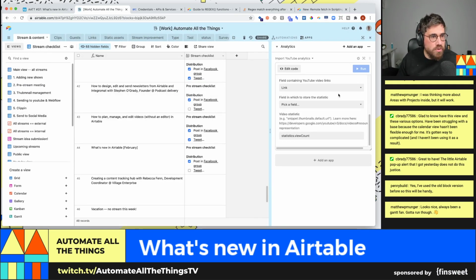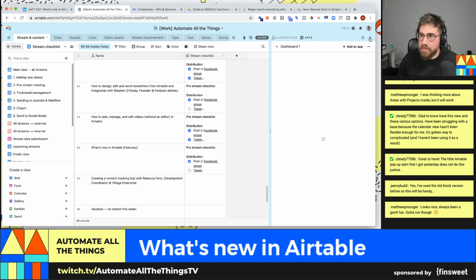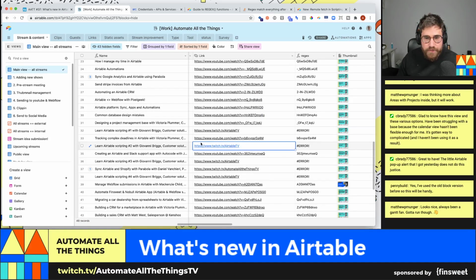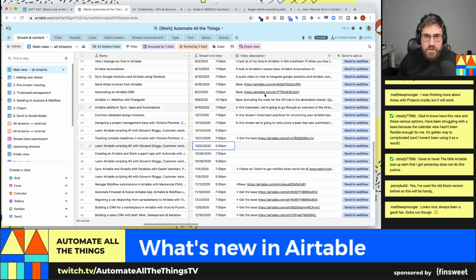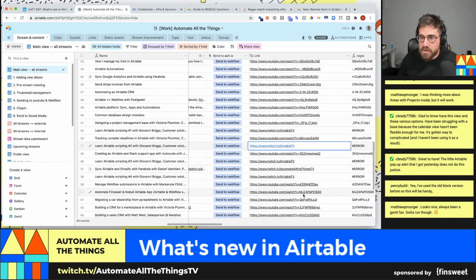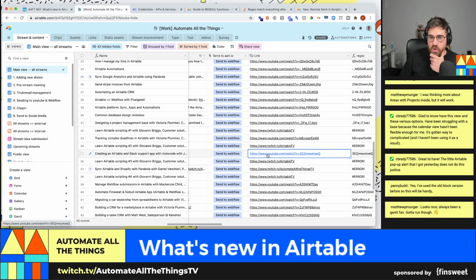So if we go into this base, this is where I manage the stream. It's going to be a little meta here today, but that's okay. I have my all streams view where I've got when the stream is happening, video description, all that good stuff. And I have a lot of text in here, and I have URLs, right? So one thing that's hard about URLs is that maybe you structure them as twitch.tv/Airtable TV, or you don't include the www dot, you don't create the https://